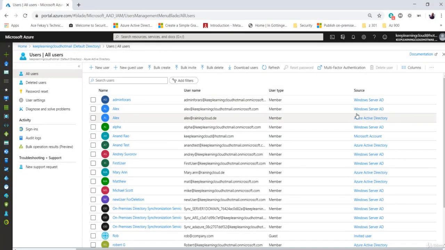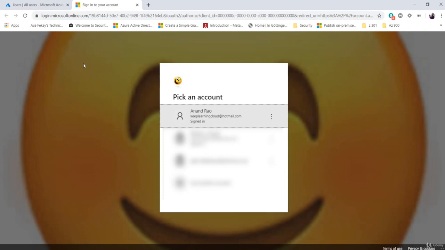So how do you set up multi-factor authentication for the users? Let's go ahead and set it up for our user called Alex. To do so, I will navigate to the user section, and what you'll notice is MFA, the multi-factor authentication, right here on the top. So I'll click on that, and you'll notice that it takes me to a totally different tab. Here I gotta log in as an admin,